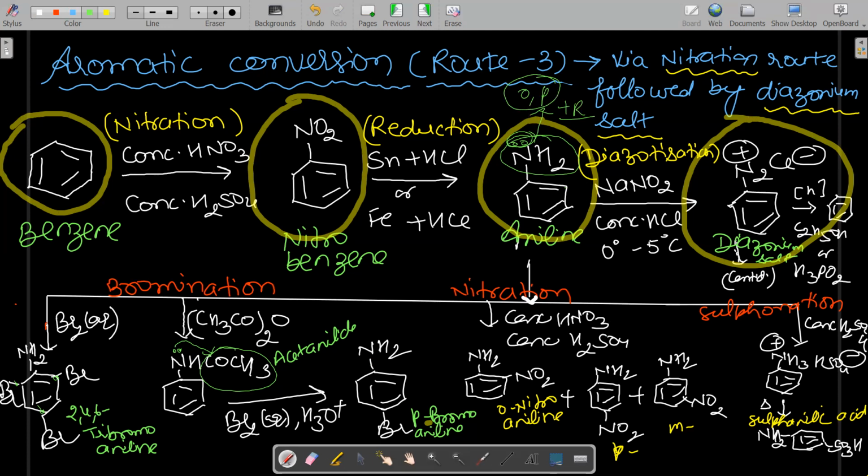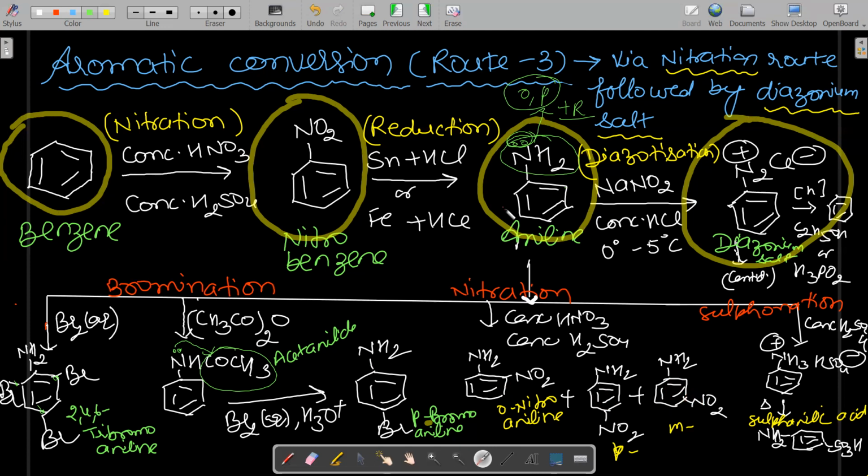But you can see over here, although it is an ortho-para directing group, we are getting ortho product, para product, and meta also. And you know how much percentage? Ortho 2%, para 51%, and meta 47. It means the meta product you are getting is approximately equal to para. So again, there is one question which we have discussed during the reasoning part also, that in spite of being ortho-para directing in nature, we get meta in a substantial amount.